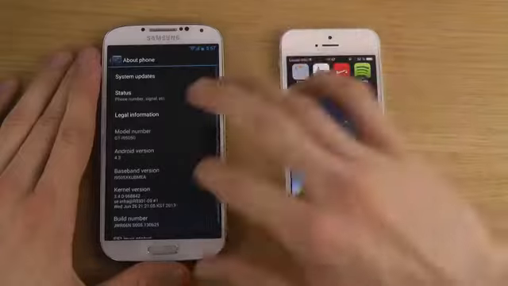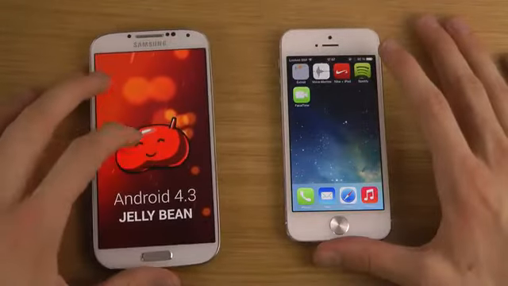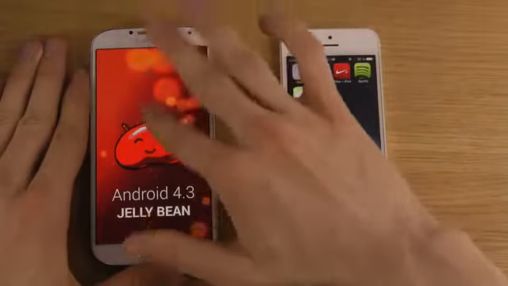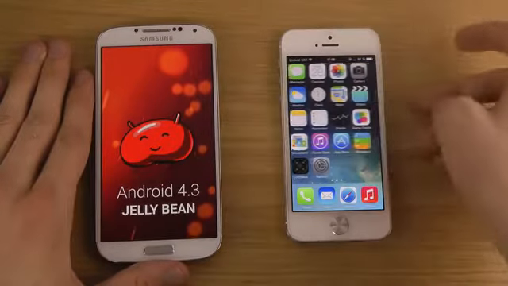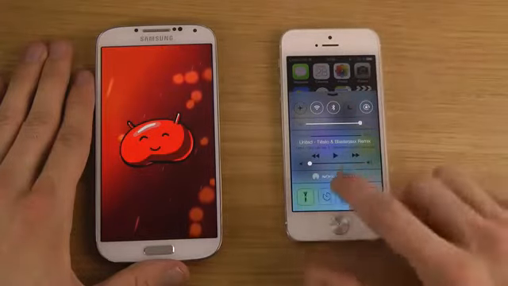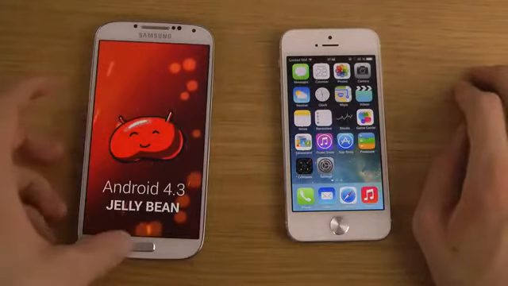Just to confirm here that we're having Android 4.3. As you see, that is Android 4.3, and then you do know this is iOS 7 beta 2, because we do have some new things, like the clock icon there has changed in this Control Center. So if we start off here,